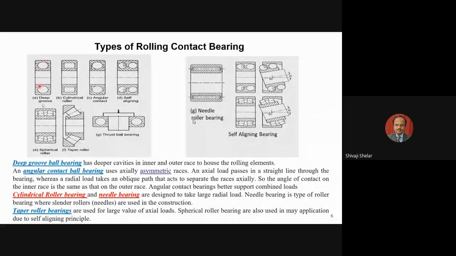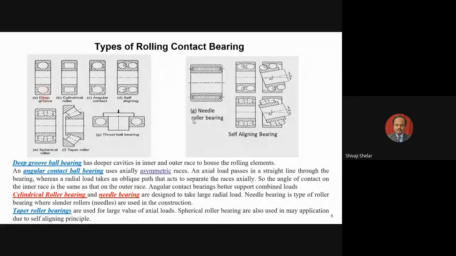Now, while placing these spherical balls, they have to be placed between the inner race, this is the inner race, and this is the outer. So while placing these spherical balls here, you have to provide a seating area in the outer race as well as a seating area in the inner race. So you have to create a groove there. If this groove depth is greater, then it is called a deep groove. If this groove depth is small, then it is a normal spherical bearing or ball bearing.